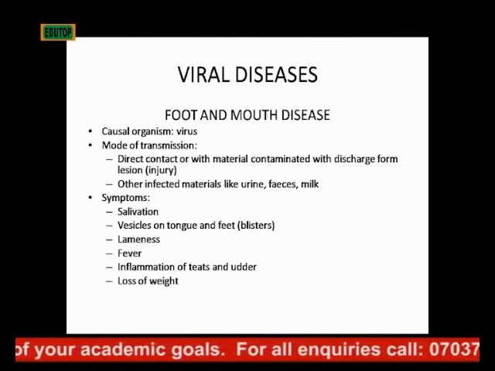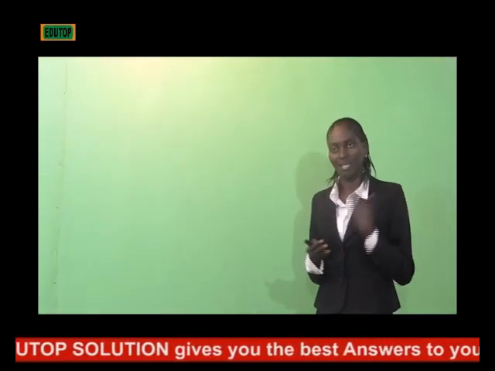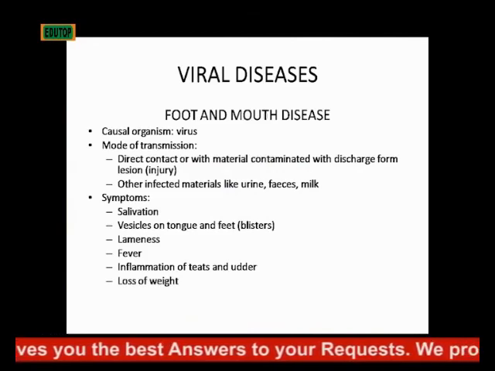That is, if a healthy animal has direct contact with the lesions or wounds caused by this disease on a diseased animal, then it can get it. Then another way of transmitting this foot and mouth disease is that